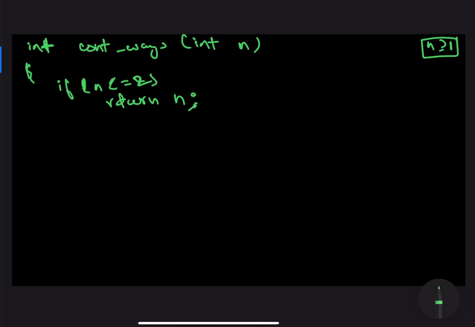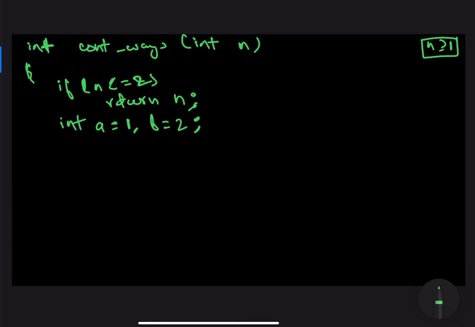as the answer, because if you notice, dp of 1 is equal to 1 and dp of 2 is equal to 2. So for n less than or equal to 2, dp of n is equal to n. All right, now I'm going to actually calculate the value with the help of space optimized dp. I'm going to initialize my base cases first. So int a will be equal to 1. This a over here is pointing to dp of 1, and this b over here will be equal to 2, and this b will be representing dp of 2.